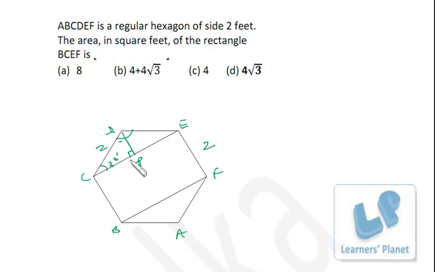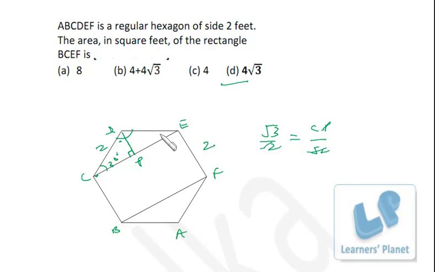So the relationship between this, that is hypotenuse and base, is given by cos theta. So cos 30 degrees, that is root 3 by 2, is equal to this CP by 2. So CP is equal to root 3. That means this length is root 3, so double of that will be 2 root 3. So this is 2 root 3 and this is 2, so 2 into 2 root 3, it will be 4 root 3. That is the area of the rectangle. So that is a very sweet and short method, so you don't have to go for a